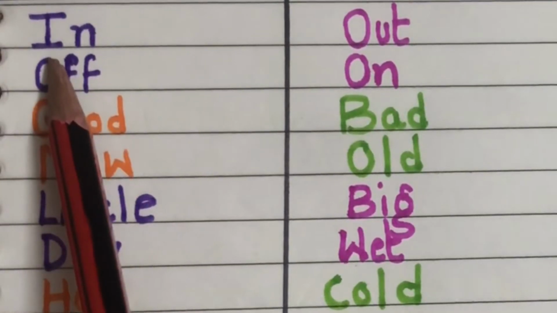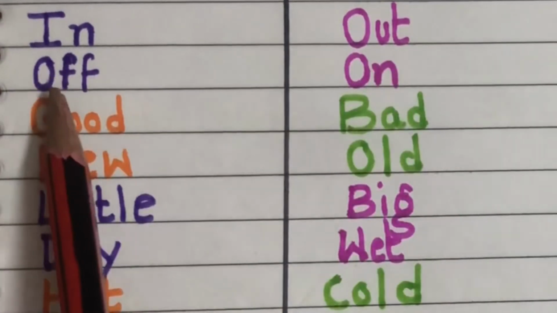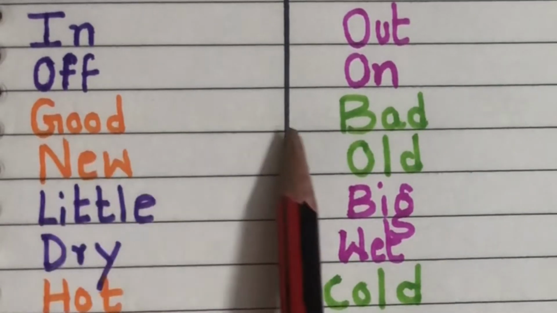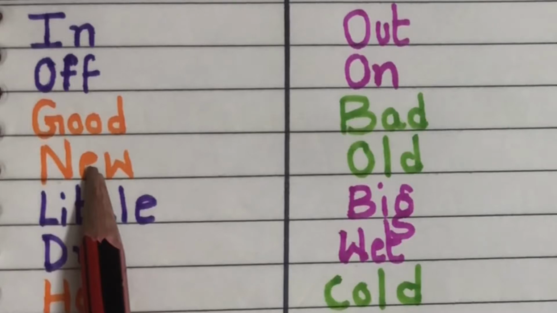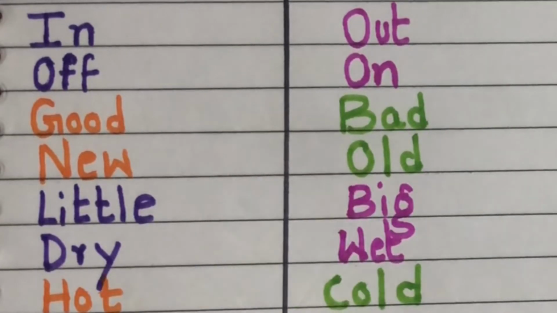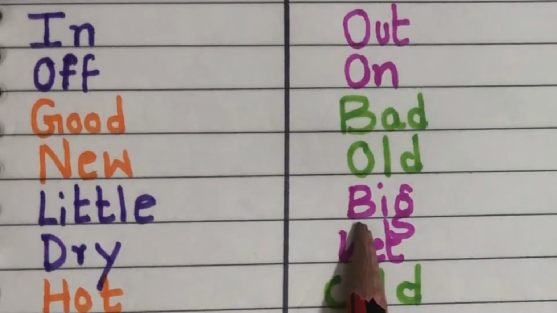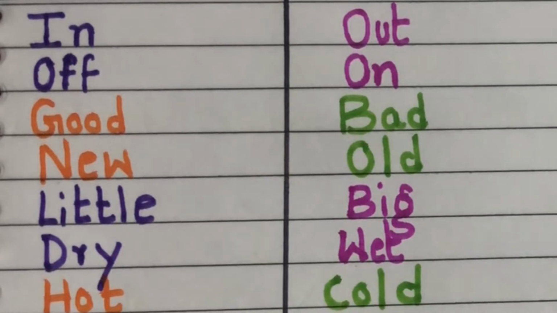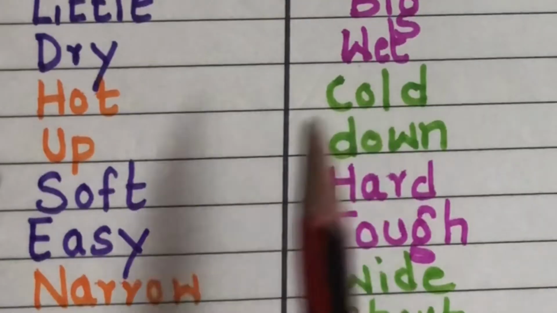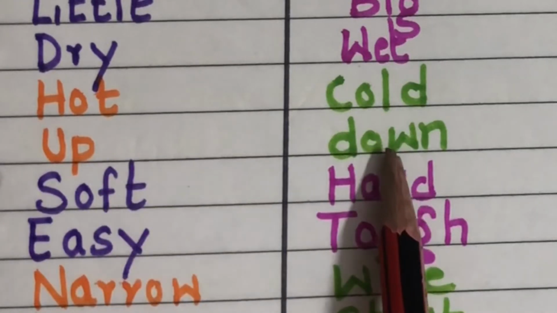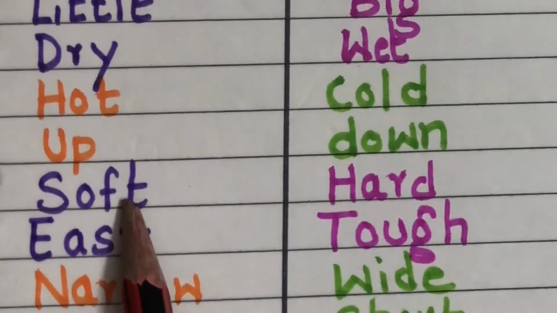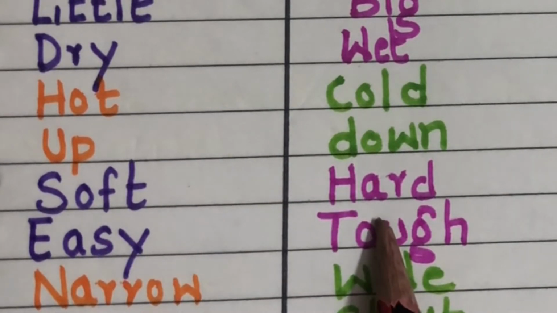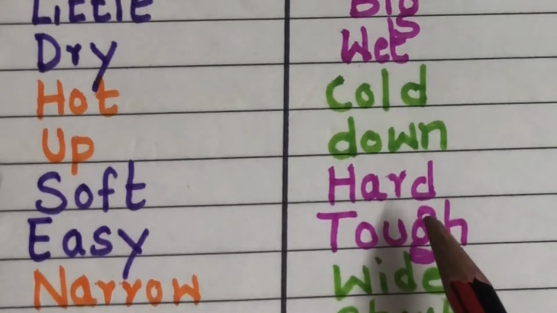In, out, off, on, good, bad, new, old, little, big, dry, wet, hot, cold, up, down, soft, hard, easy, tough, narrow, wide,